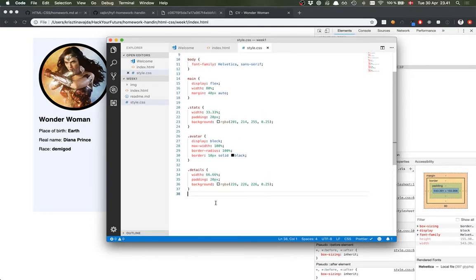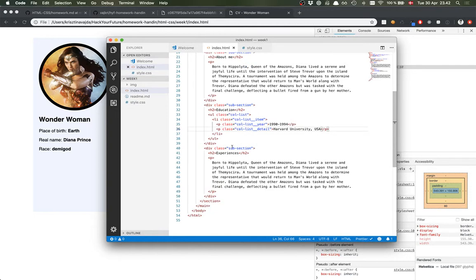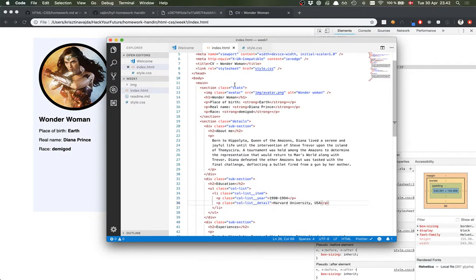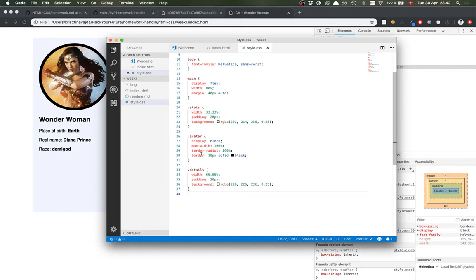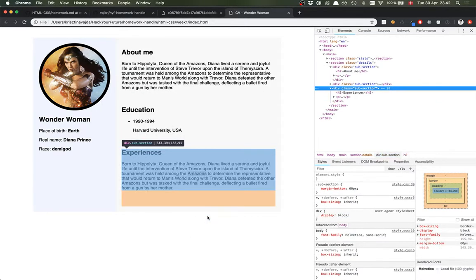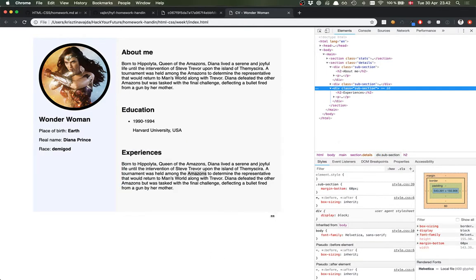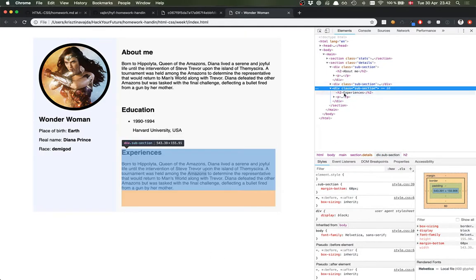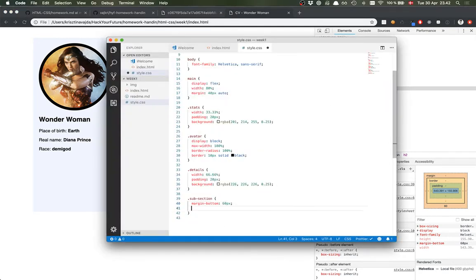Right, so that was the subsection. Subsection margin bottom 60, and if I do this, then you can see that my last item will also get it, which kind of messes up the padding that I'm trying to use on this section. So I'm just going to say that